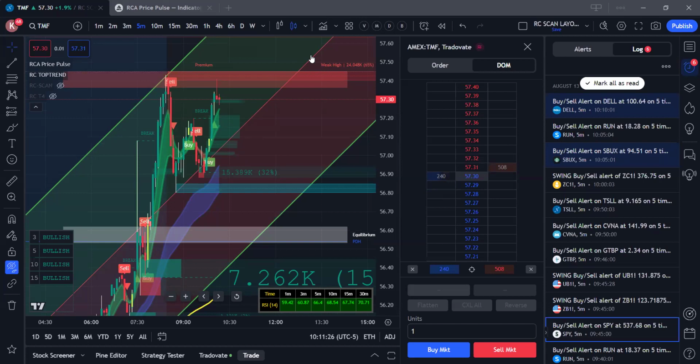Tomorrow again we have, I think, CPI numbers. Based on that, again the market might move. Tomorrow I'll suggest an alternative strategy for the AMD one,